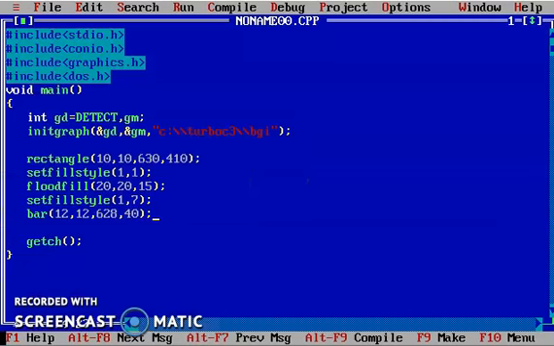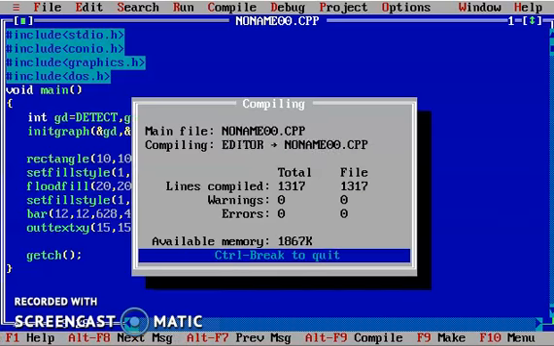Okay, then if I want some text on this bar, how can we write this? We know we use the outtextxy function for displaying text inside the screen, and give the location where you want to display the text. So I am using here 15 pixels, and my first menu is File, then see the effect.